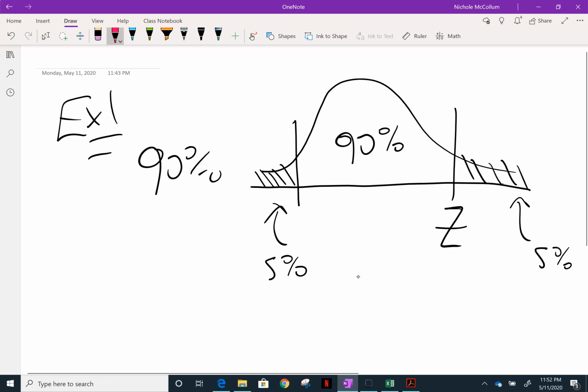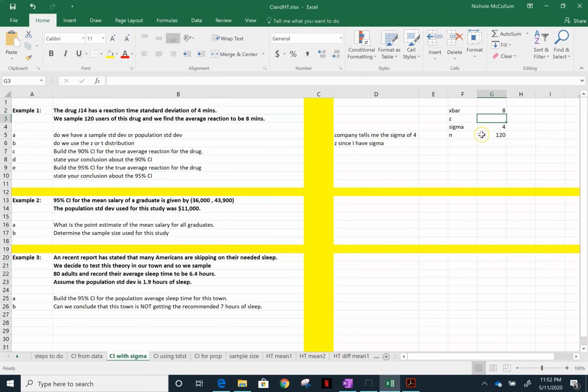Why do I care about that? Because in Excel, remind yourself, Excel needs to know the area below the Z marker. The area below the Z marker, and Excel will do the integration to figure out the actual Z value. I want to make sure it's clear to you why I'm utilizing 95% in my formula, because it's the area below the marker. 90% confidence has 95% below it for the Z marker. And so when I go up here, I'm going to use